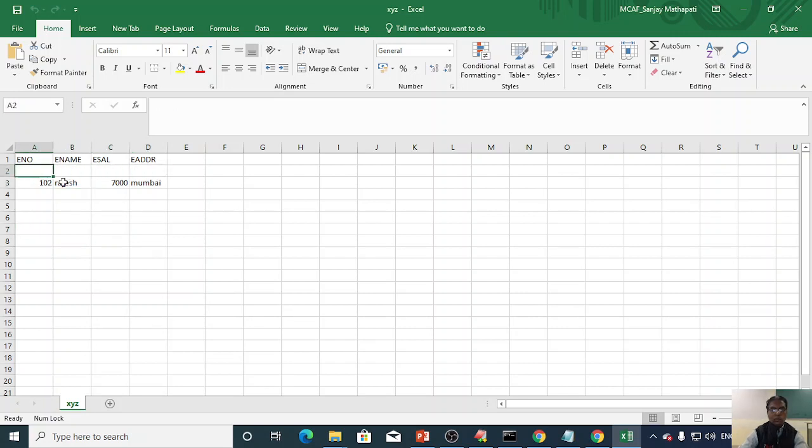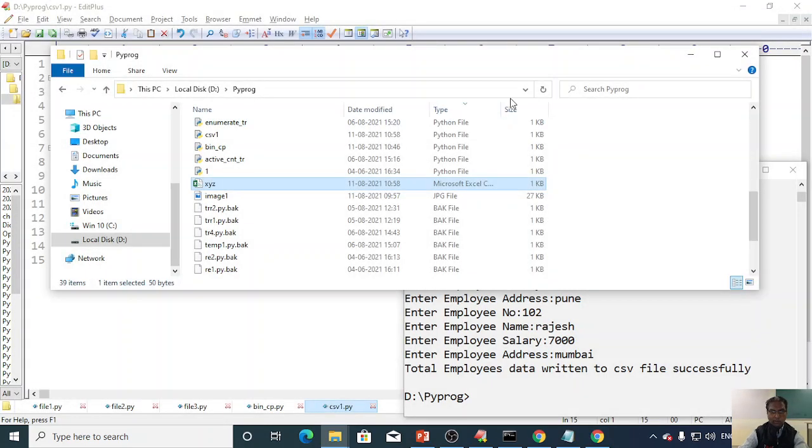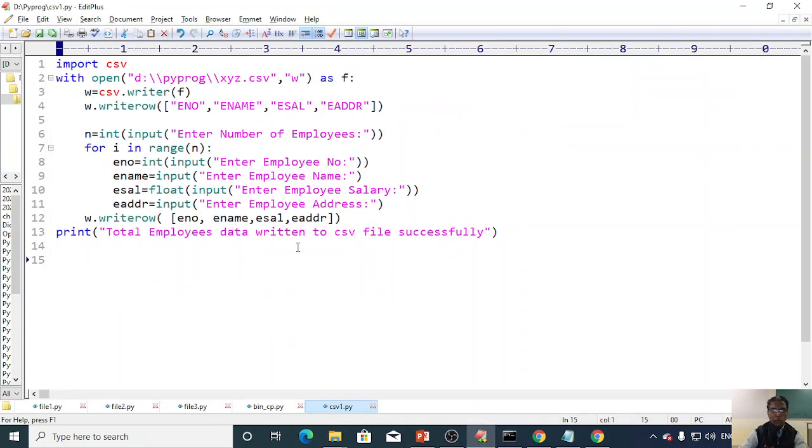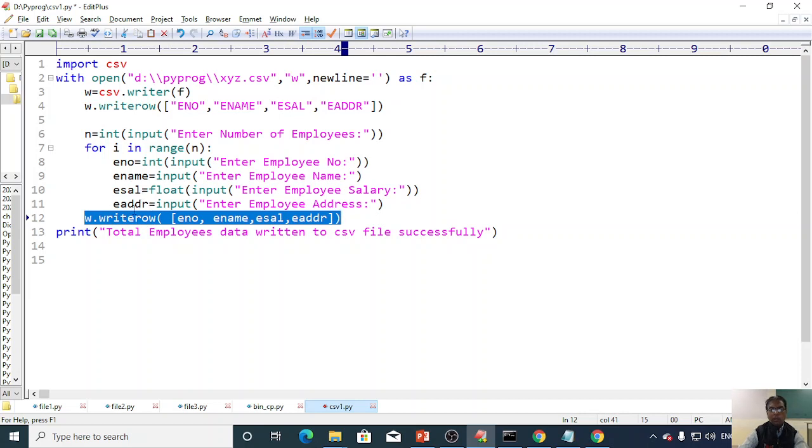Let's see again what all changes are required. Initially I told you that to remove the space I have to use the parameter called newline equals to simple single quote. So this will skip the new lines. What about this? As this was not part of the for loop, only the last record, only the last value available in ename, eno, salary gets stored. So I'll make this particular line a part of the for loop, and let's see now what happens, whether it will write all the records whatever I am going to give or not.